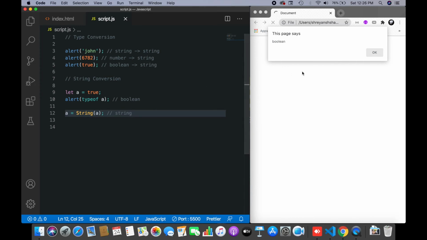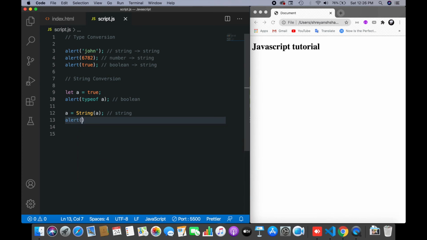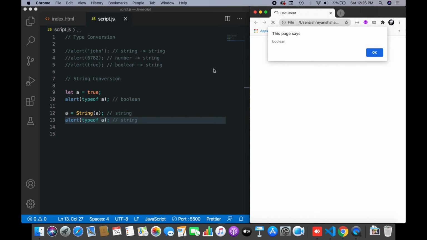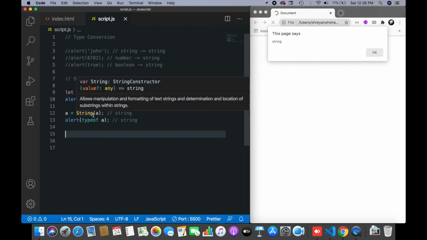It will produce a string. So for verifying, I have to write alert and then typeof a, and that is going to be a string. Let's see. Before that, I am going to comment out these three alerts. It's done. Let's now save this and refresh this web page. Now you can see that the first alert says boolean and the second one says string. It means that I have converted the value stored inside a from a boolean to a string using this String function, and